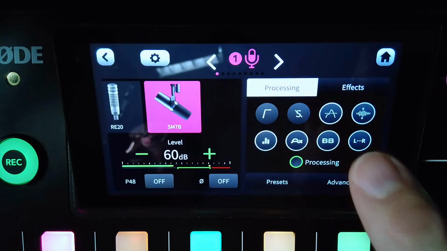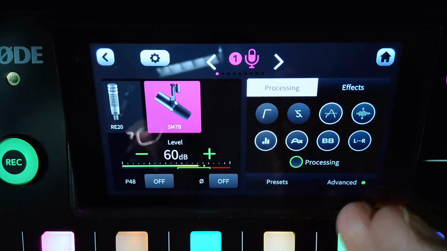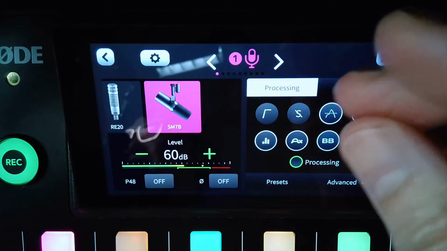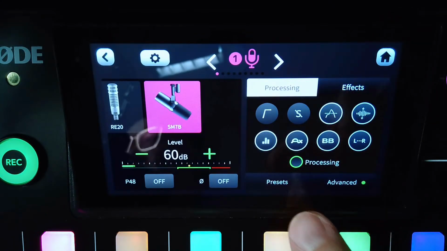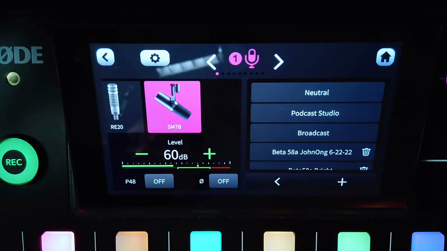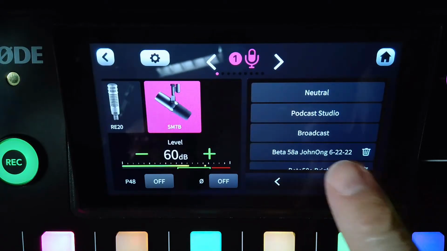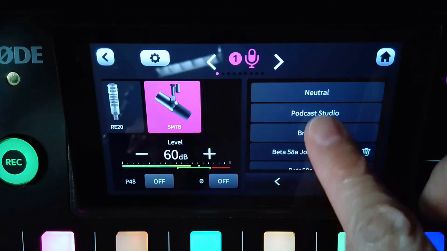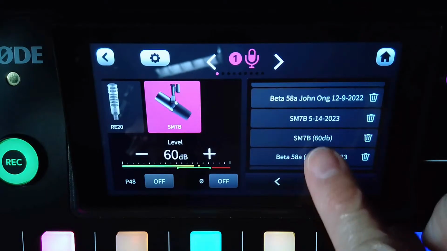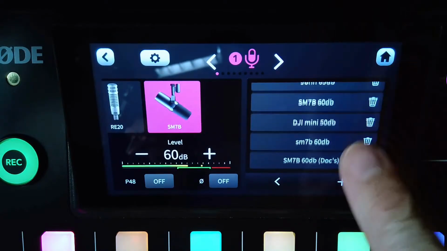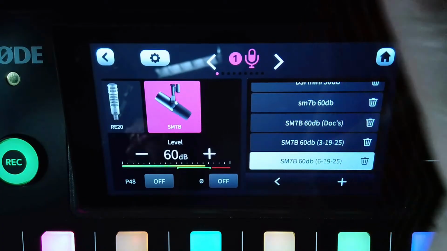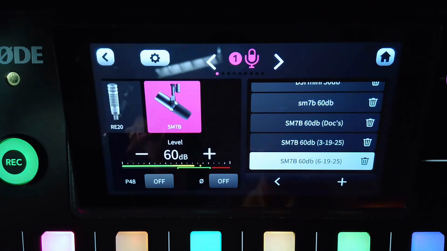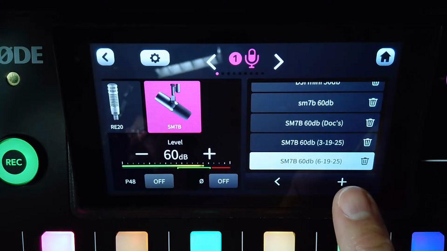Now that I have this saved, you can save your mic processing settings in presets. If I go to presets, this is the part that I don't quite like, because I've already spent some time this week clearing out some of the presets. You want to scroll, you don't want to accidentally tap something, because if you do, it's going to select it. So now I have the latest one selected here, and I'm going to add the newest one,